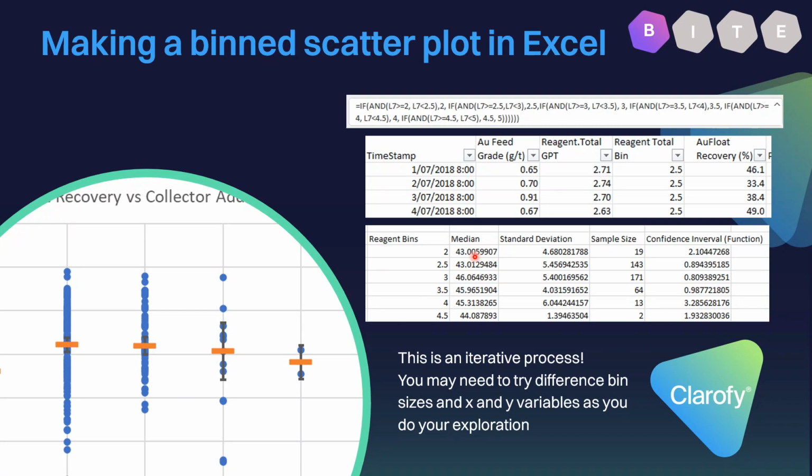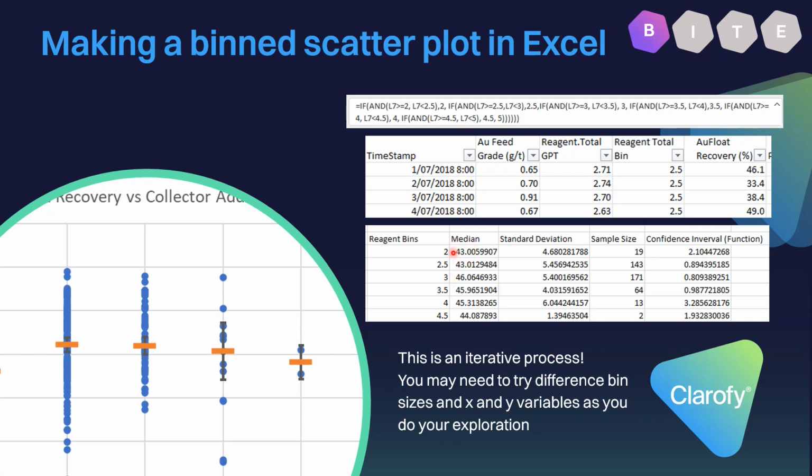So the median is just the median formula in Excel. You spell it out, median, and then you have to do an if statement for where the reagent bin is equal to the rows over here. So you kind of have to connect it back to this table.